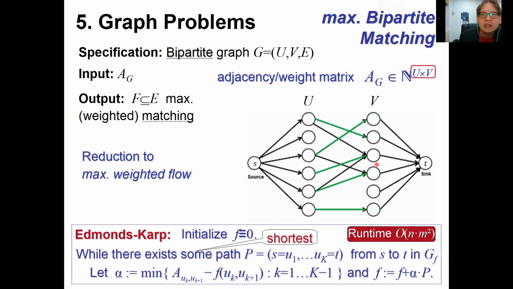Okay, so to summarize, now we have applied Edmonds-Karp to solve the maximum bipartite matching problem here. And let's now